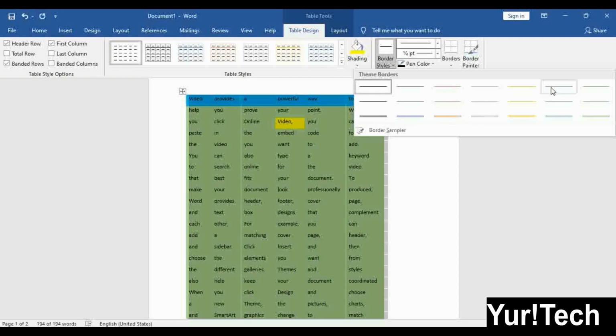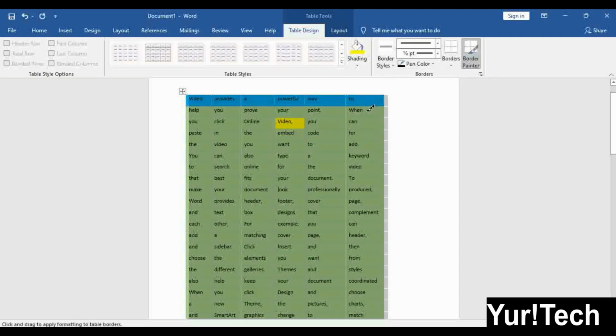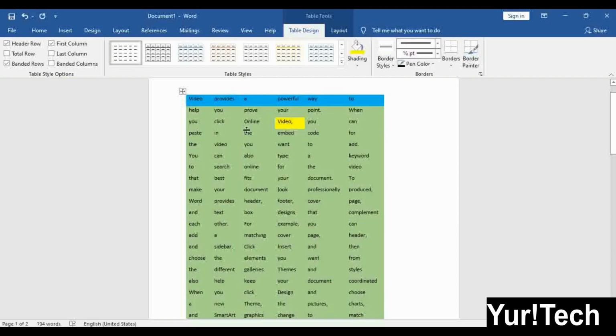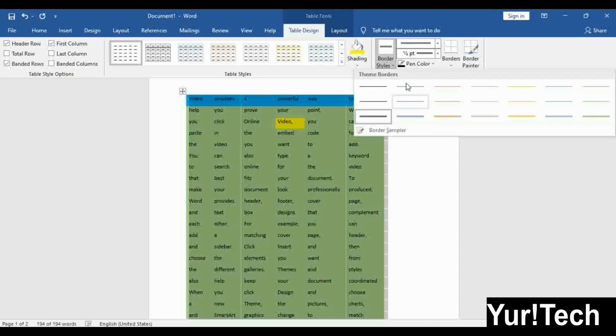This is plain, single line, this is double line. If I take double line, you can see border painter is applied, so you can unclick this. Border painter is to paint a border, meaning you can apply a border to specific cells. So I have selected all, and I have selected this border style.